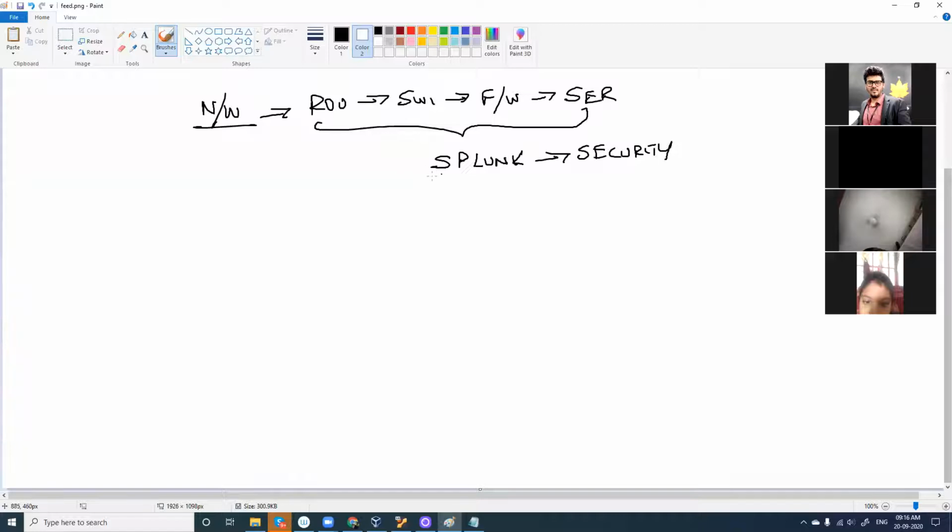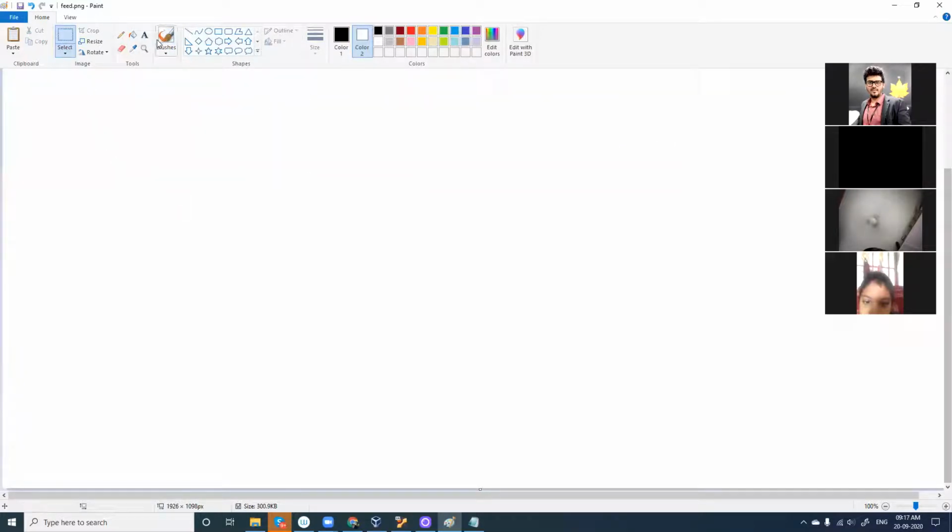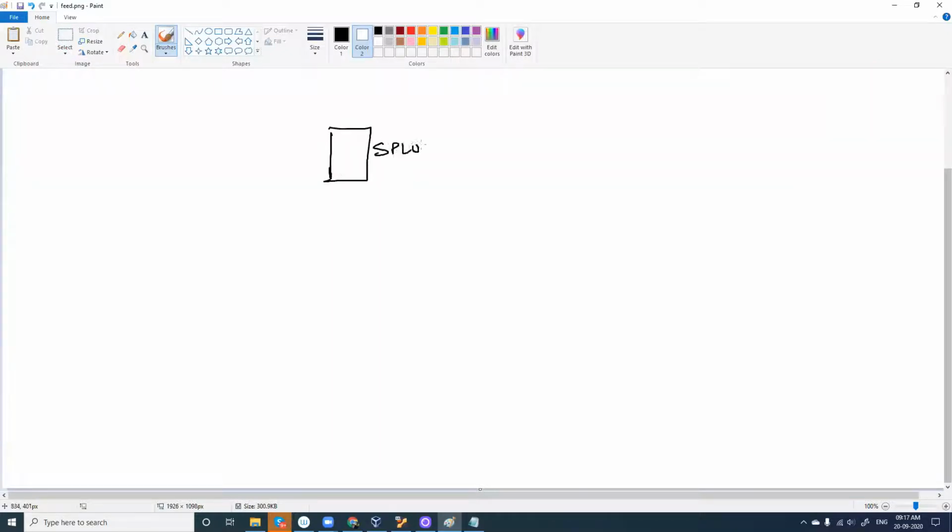And the software which we have uploaded in Drive, you will have, I think, a 60 days or 90 days free trial. And this tool doesn't work based on days. It works based on the amount of data it is going to receive. I'll explain this in detail. Please listen carefully. Splunk, how does it work? I have installed Splunk here, and it is going to monitor 500 computers' traffic. It is going to analyze all the 500 computers' traffic. All this traffic will be sent to the Splunk software.